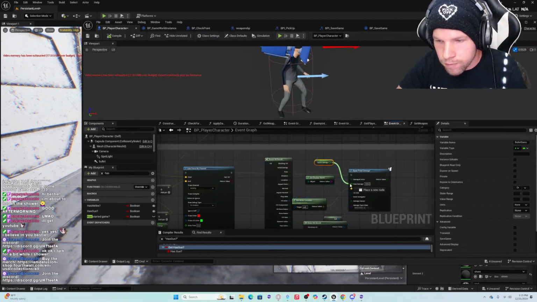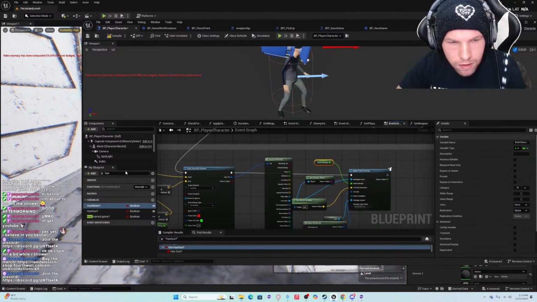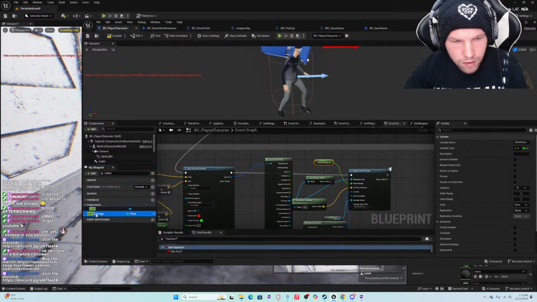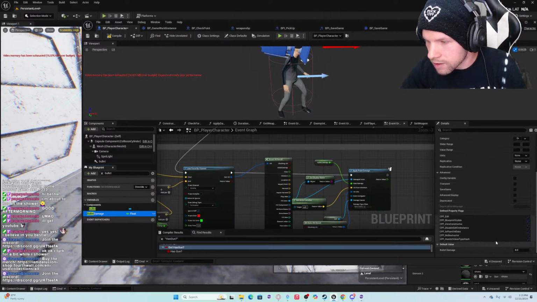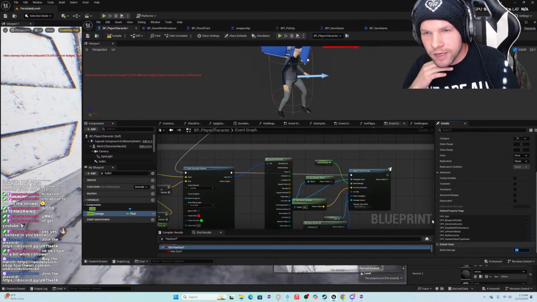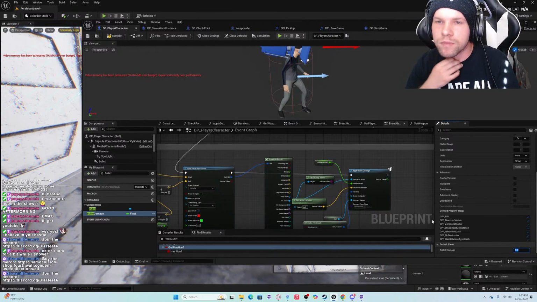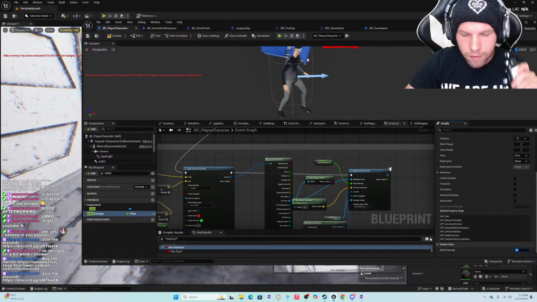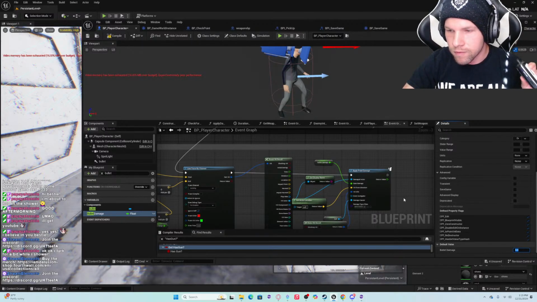So now we are actually gonna plug in bullet damage, and let's look at this. Our bullet damage. Our enemies are gonna have different levels of health.